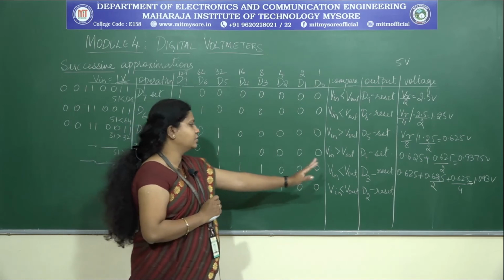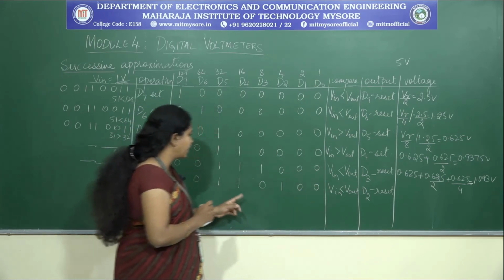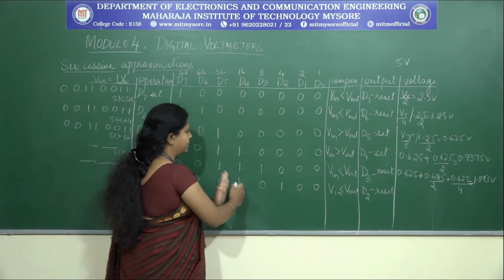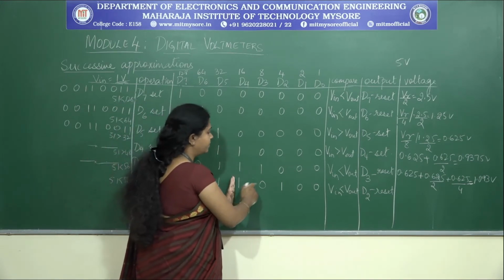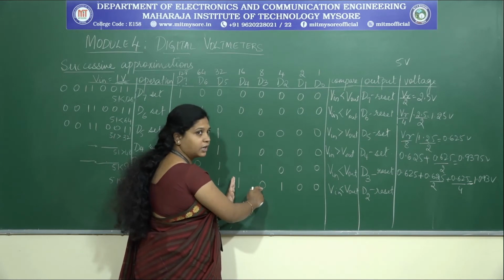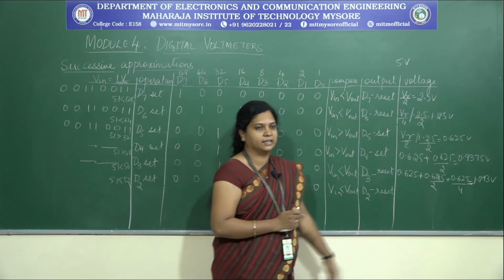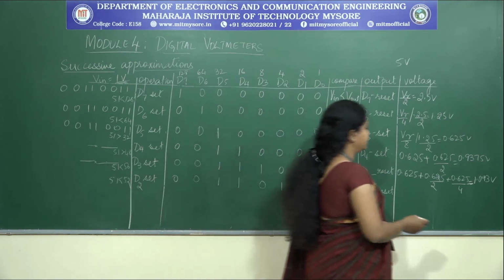Followed, D2 bit should also be reset. Now how will you calculate? 0.625 plus 0.625 by 2. Plus 4 is not considered here. Here we have a 0. So 0.624 divided by 16. Okay, so you will get it as